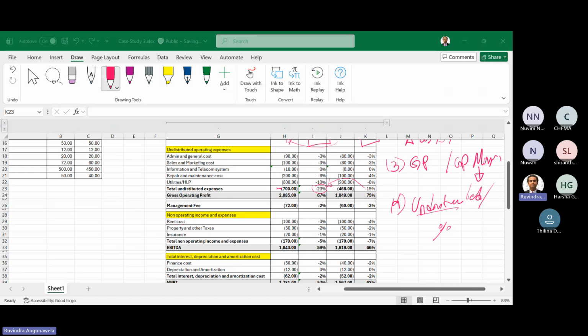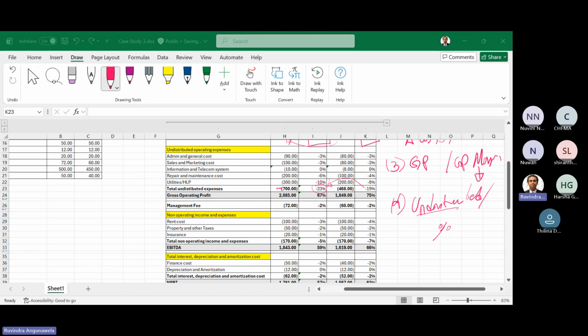Maintenance cost. Correct. So repair and maintenance cost has increased from 4% to 6% of revenue, which is a 2% increase, and HLP from 8% to 10%, which is another 2%. So overall, an additional 4% of the total revenue has been absorbed by repair and maintenance cost and HLP, which has led to the undistributed expenses moving up from 19 to 23%. And therefore, the gross operating profit,